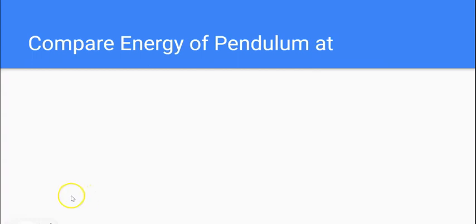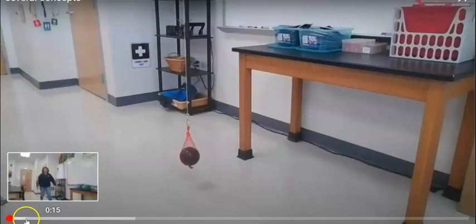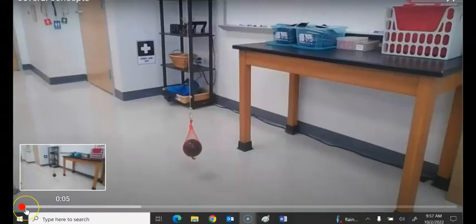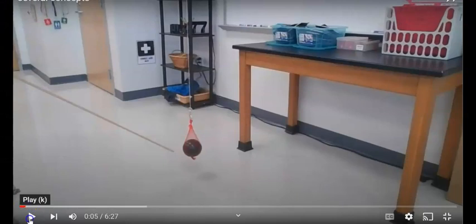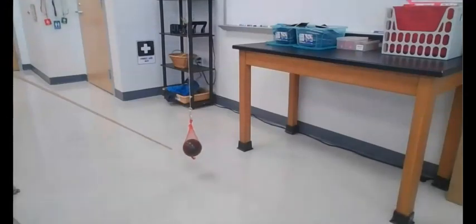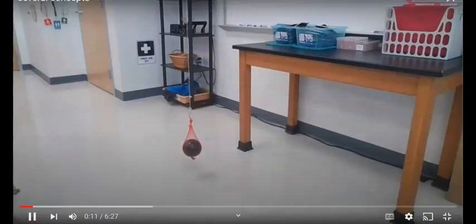So we want to compare the energy at 2 points. So the first thing you had to do with your pendulum was compare the energy at position 1 and position 2. And I'm going to have you look at a big pendulum that you'll see next class that's going to be hanging from our room. And we will use this big pendulum as a model. So here is the pendulum hanging in our room. It is a huge